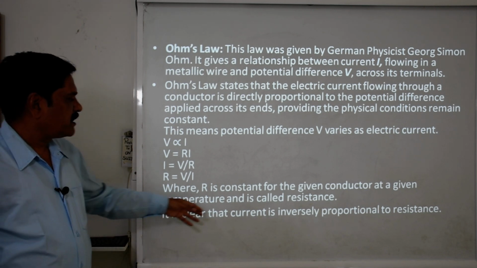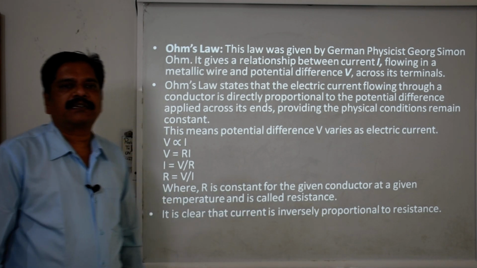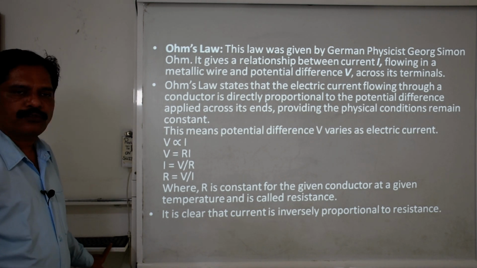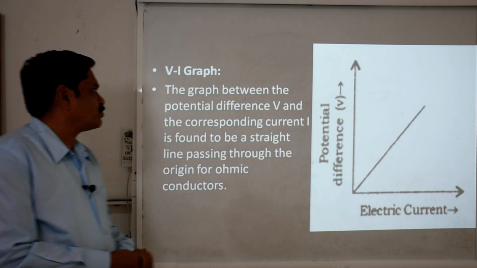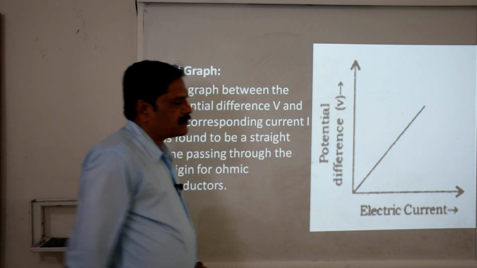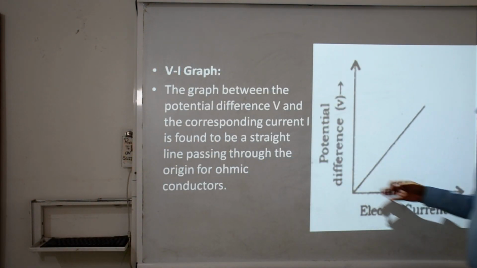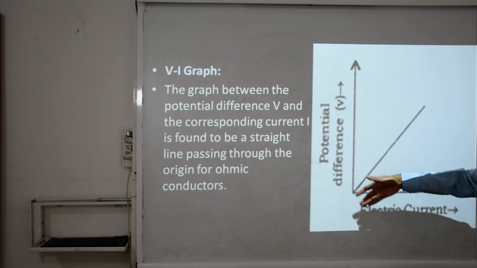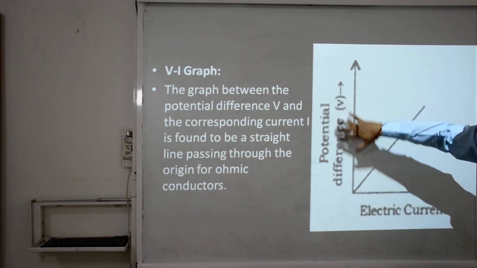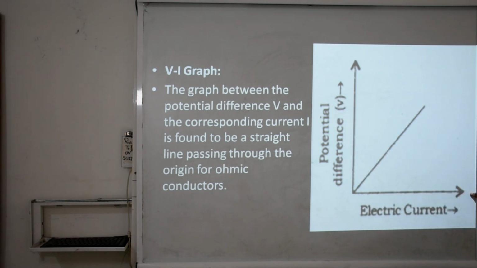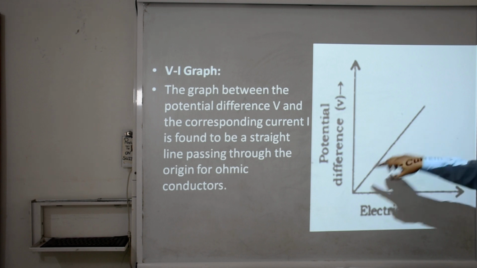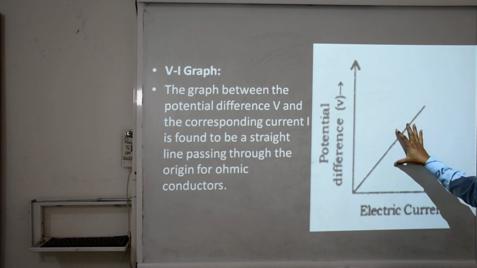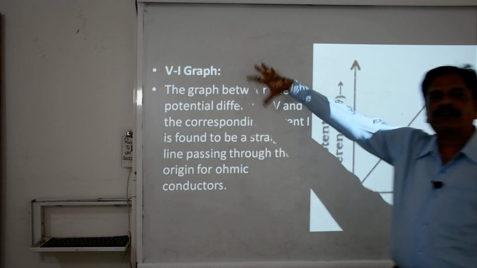Clear? Now it is clear that the current is inversely proportional to the resistance, and directly proportional to the potential difference. Now here the V and I graph is shown. This V and I graph is nothing special. By taking two axes X and Y, the vertical axis is Y, representing the potential difference V, and the X axis is the electric current I. When you plot these values, you can see that a straight line with a slope is observed, and it represents the V and I graph. It is called the VI graph.